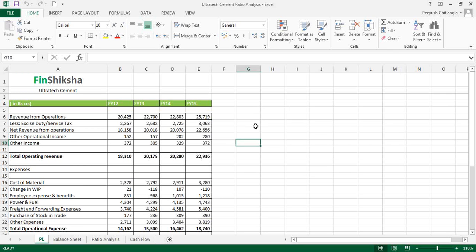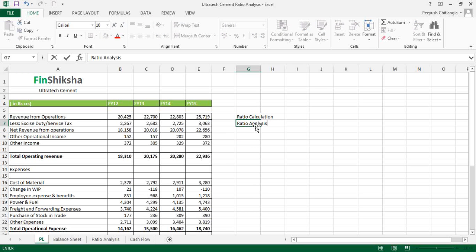What we have here is the financial statements of Ultratech Cement that we have put in. The profit and loss statement and the balance sheet has already been put in. We'll put in excerpts of cash flow today itself while doing this analysis. But the idea of this is that we should be able to do ratio calculation and then some sort of